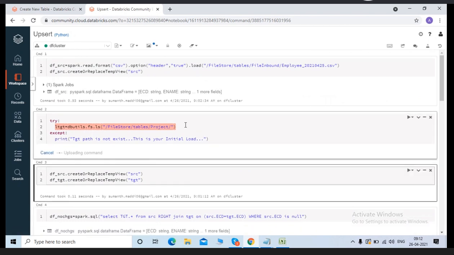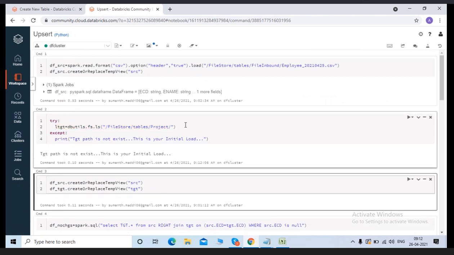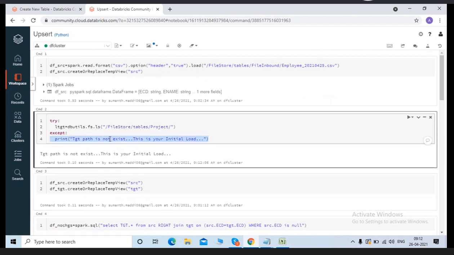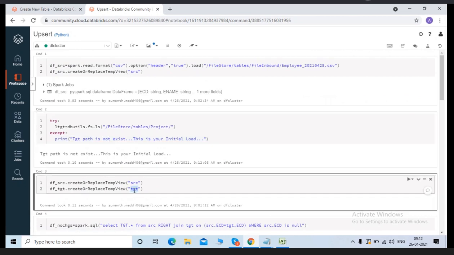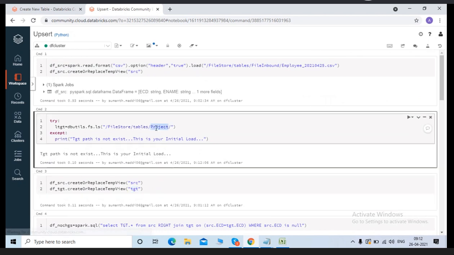The target path does not exist. This is your initial load. I'm seeing this message and I'm very happy, but how can I create this target? I mean, the very first time, if this target is not available,